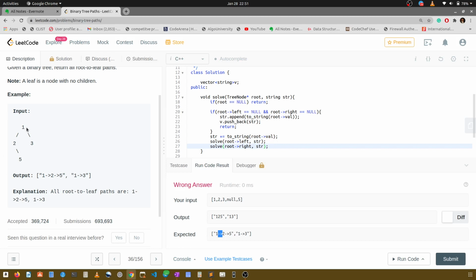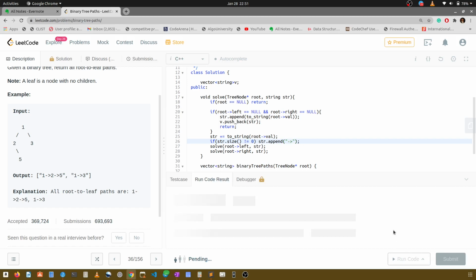After I have inserted one, then I will insert the arrow, then I will insert 2, then the arrow. All right, so if my string dot size is not equal to 0, then I will do str dot append this arrow. All right, let's code once again.